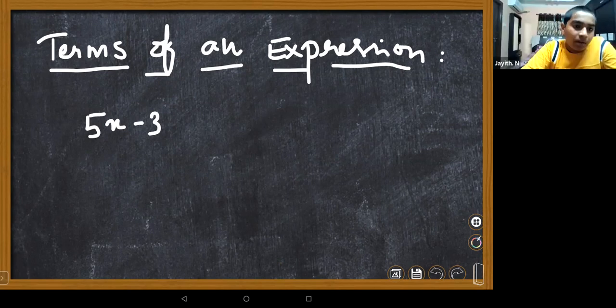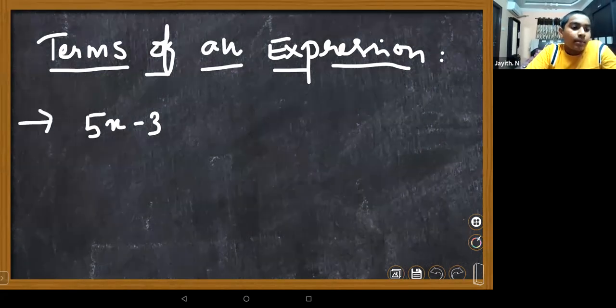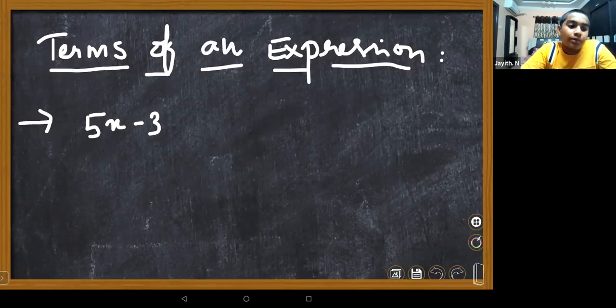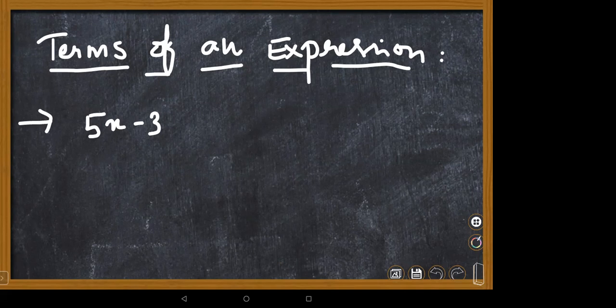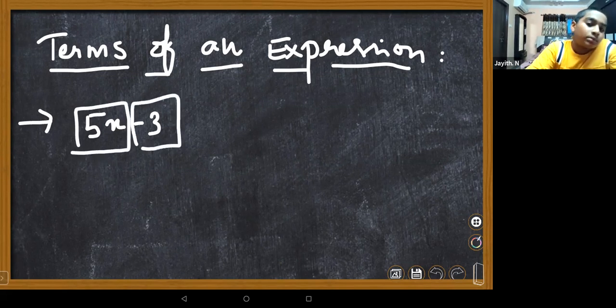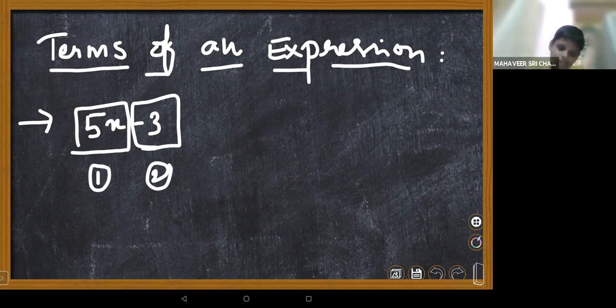I have a doubt, ma'am. Yes, Nana, please. Ma'am, how should we multiply 5 into x? What number should we take to multiply? Don't think, Nana. Only, what are the terms? How many terms are there in this expression? Ma'am, 2 terms. That's binomial, right? Yeah, 2 terms means binomial. Very good.